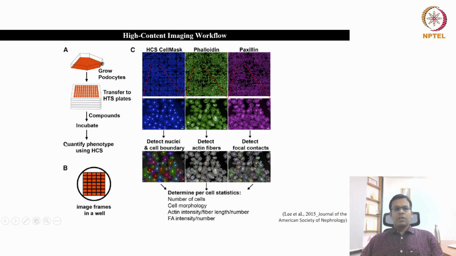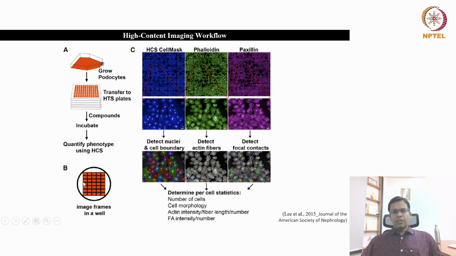And then you put all these plates in the microscope. So automatically the robotic arms will take the first plate, it will image all 96 samples, then it will take the second plate and image another 96 samples, and then it will take the third plate and image another 96 samples. Now how many images will it capture per well? Here you can see image frames in a well. So in one well, this microscope will take the images like this, 5 images in this direction,